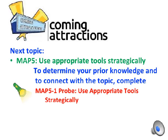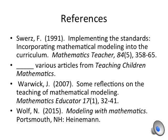Coming attractions. The next topic that we will study is Mathematical Practice 5, use appropriate tools strategically. As in the past, to determine your prior knowledge and to connect with the topic, complete Mathematical Practice 5.1 Probe, which is also on using appropriate tools and using them